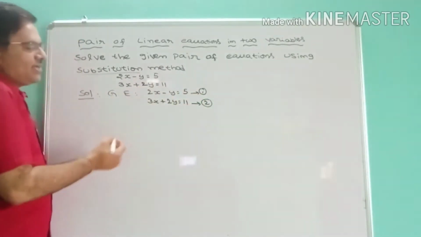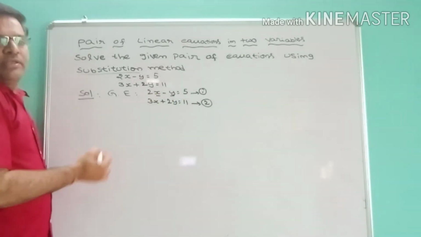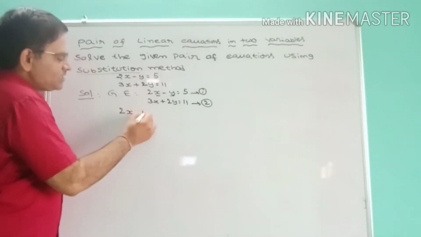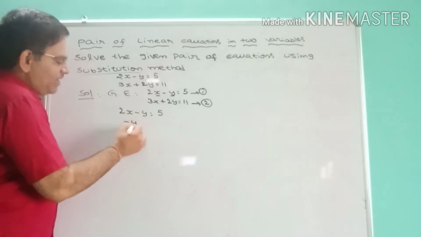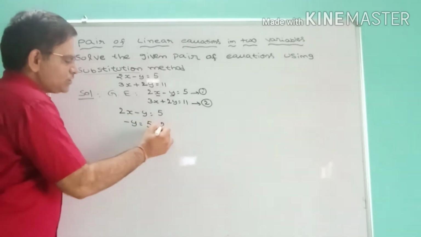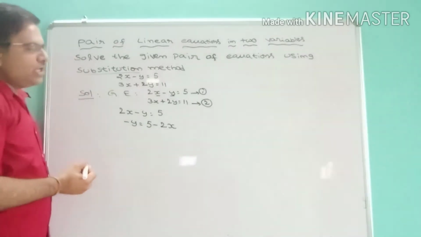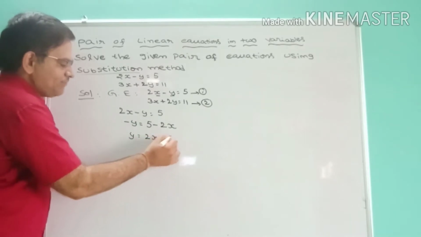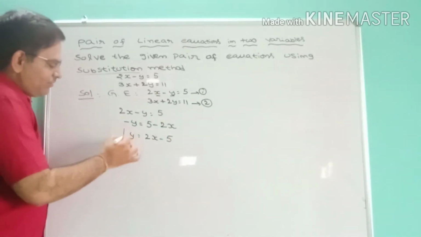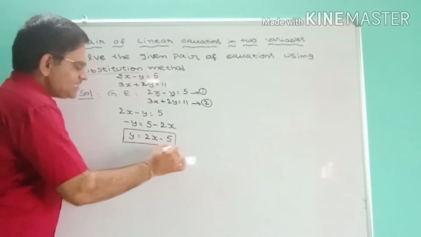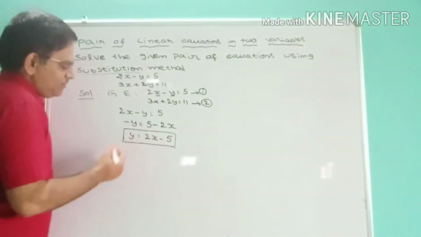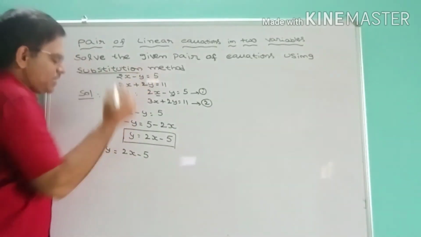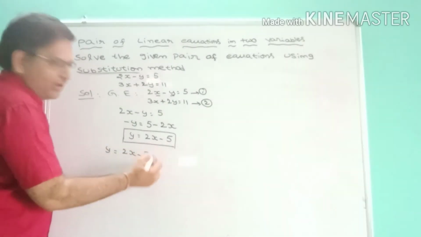Now in the first equation, take either x or y as the subject. 2x minus y equal to 5, so minus y equal to 5 minus 2x. Then y equal to 2x minus 5. Here y is the subject. Now this y equal to 2x minus 5. Our method will be substitution. So this y equal to 2x minus 5,